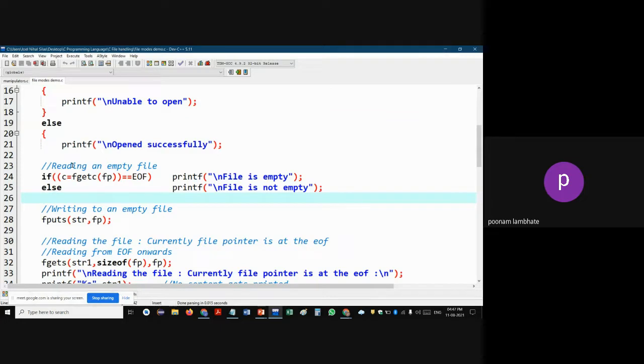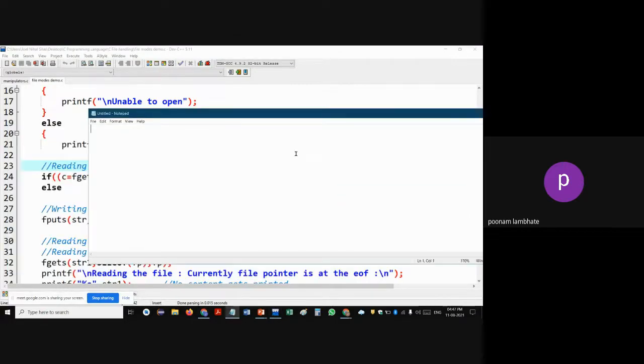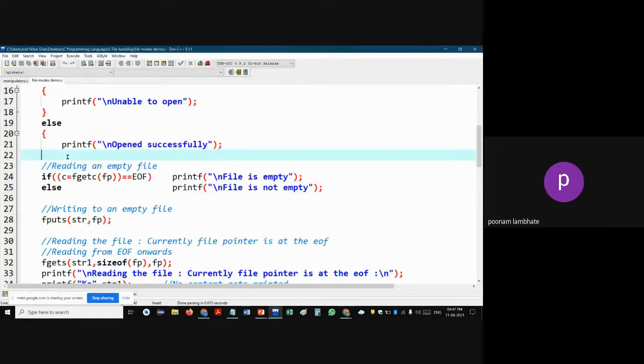So I'm going to read from this file now. The first thing that I'm going to do is I have a blank open file like this. Suppose this is my file and now there's nothing written inside this file. So if I go to read this file, what will happen? I will get to read only the end of file character. Since there is nothing in this file, means the very first character in the file is the end of file character. And as soon as I get end of file character, I must stop reading, right? So what I'm going to do,